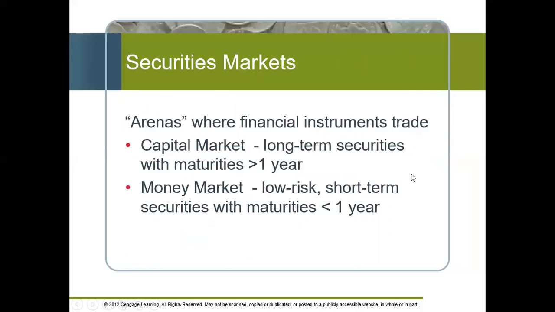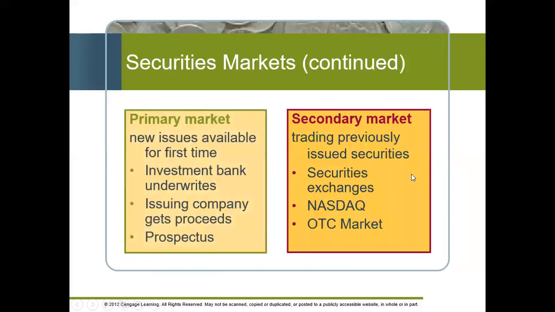And we've got capital markets where you can trade different stocks. You've got the primary market and secondary market for stocks. Primary markets where you have IPOs, initial public offerings, like when a company goes public for the first time. A few years ago, Facebook went public, right? It was one of the largest IPOs ever until Visa came along, and Visa still has the record for the largest IPO ever. But basically, this is when a company goes from being a privately held company to a publicly held company and allows their stock to be issued and traded in the public marketplace. That's an initial public offering, or IPO.